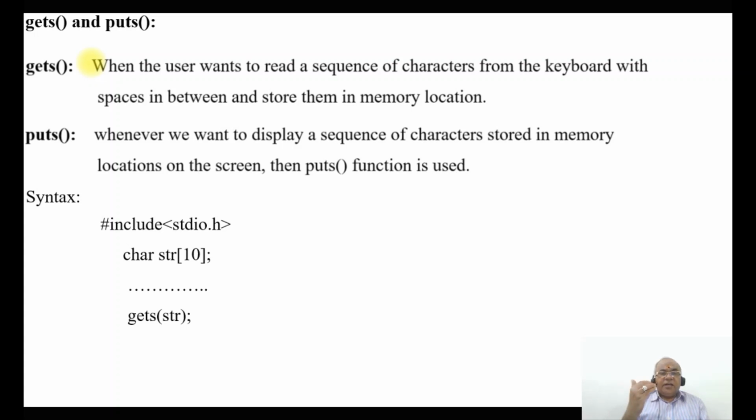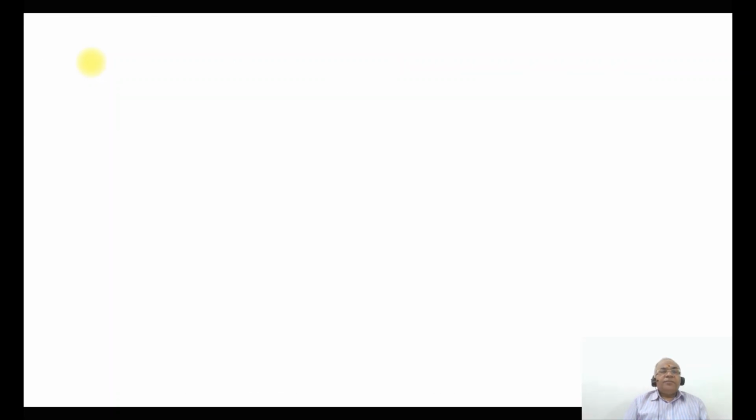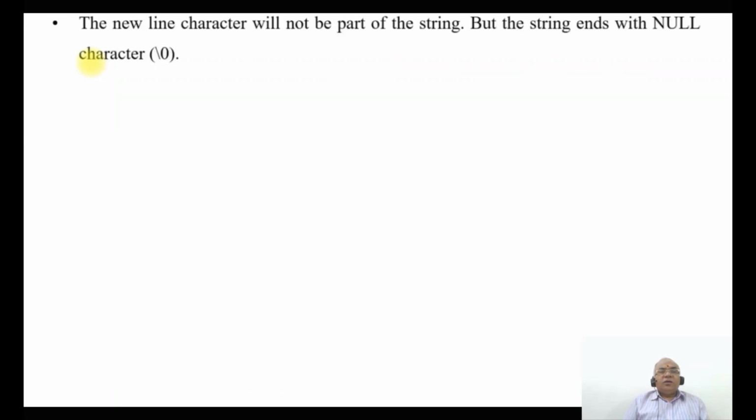Whichever character you want to store in the memory location, you go to the gets function. This function is used to read a string from the keyboard, which includes white space characters such as space and tab. The new line character will not be a part of the string,